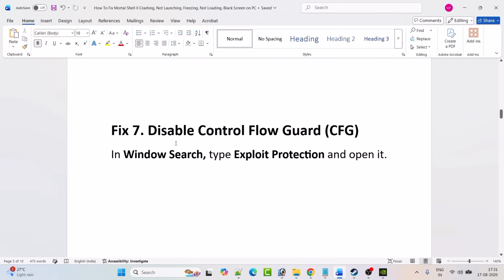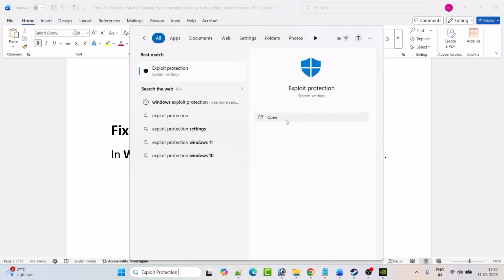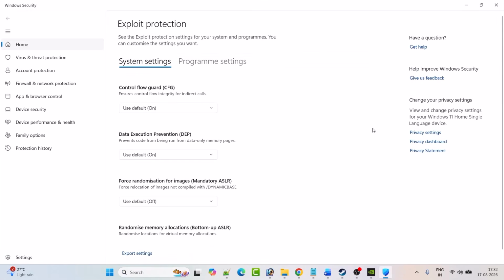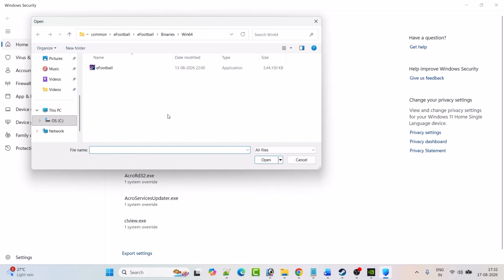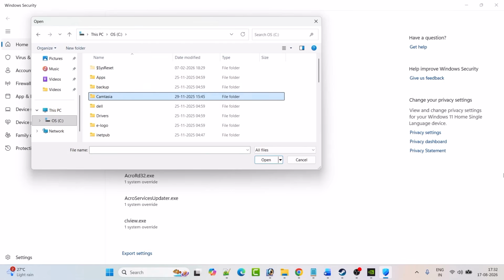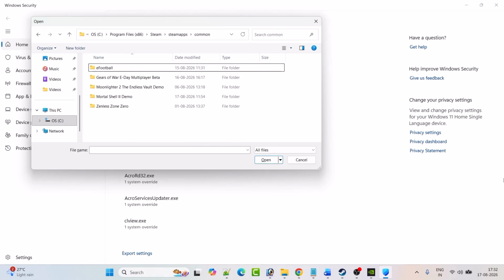Fix 7 is to disable control flow guard. In Windows search type exploit protection and open exploit protection. Then go to the program settings tab, then click on add program to customize. Click on this plus icon and then select choose exact file path, click on it and then go to the game installation folder. So open C drive, open Program Files x86 folder, Steam folder, steamapps folder, common folder,